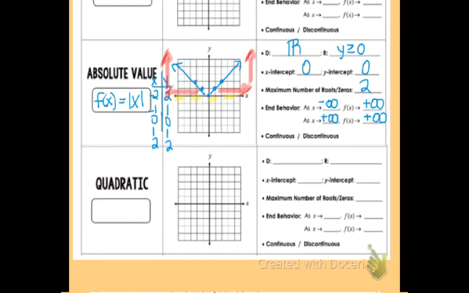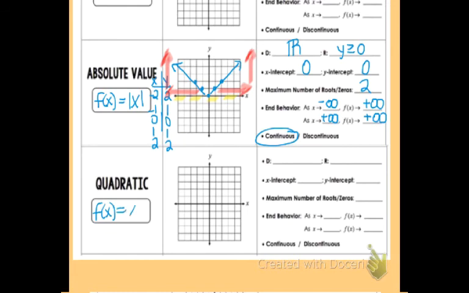Now this graph is a continuous graph. There are no breaks in the graph in terms of left to right. There's no value you can't put in for x, so it's continuous. Now in the previous video you saw the quadratic graphs, and the most basic quadratic function, or the parent function,